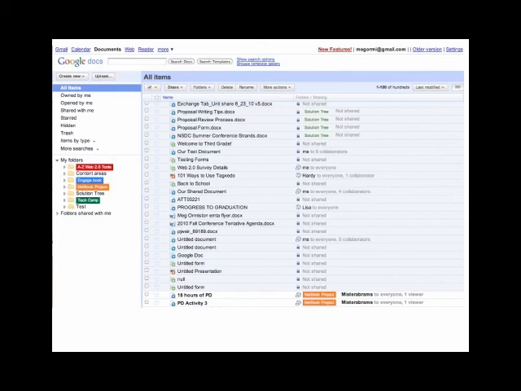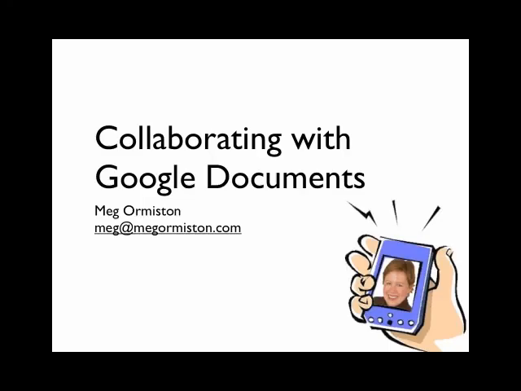The other thing too is the sharing and the collaboration. Since I have started using Google Docs, my email has gone way, way down because we don't do anything in email. Everything is done here. So there's no attachment here. What's the latest copy? What's the latest? Everything is contained into one place, which really makes a huge difference in my life and probably in yours too. So as you can see, I'm a little passionate about collaborating with Google Documents. I think that